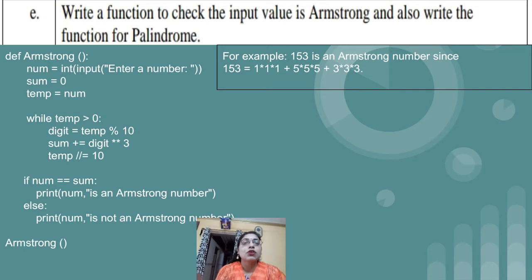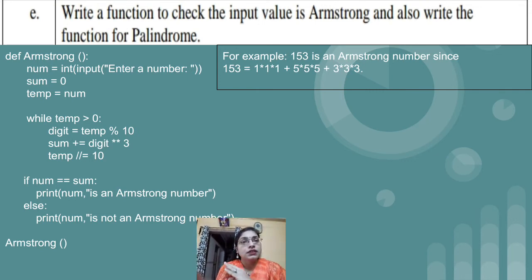So for the same, the logic is written. Most of the code is similar to reverse only, but in reverse we had written the logic for reverse. I have just changed one line in the while loop, that is sum plus equal to digit exponential 3, which means it will calculate the digit's cube. Whatever digit value we get because of digit equal to n modulus 10, the answer for that particular digit will be its cube because of digit exponential 3. Except for that particular statement, the other statements are actually the same.